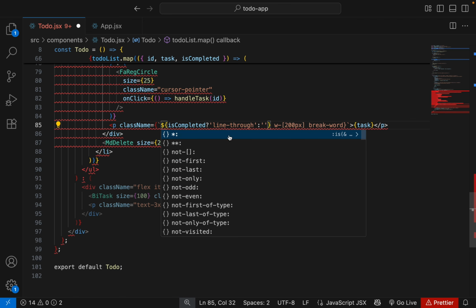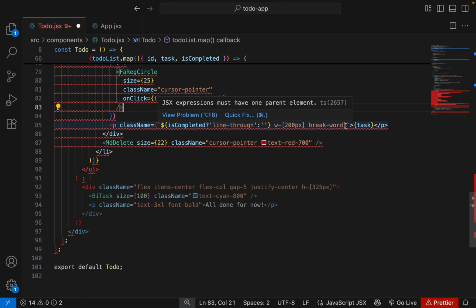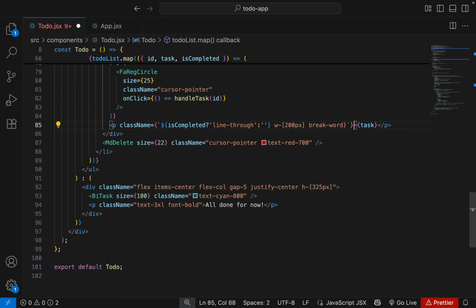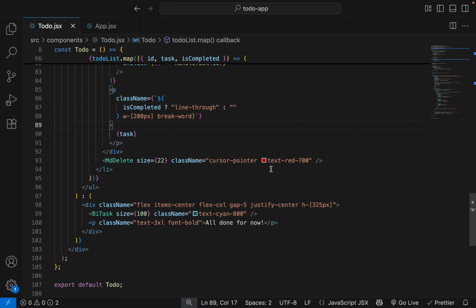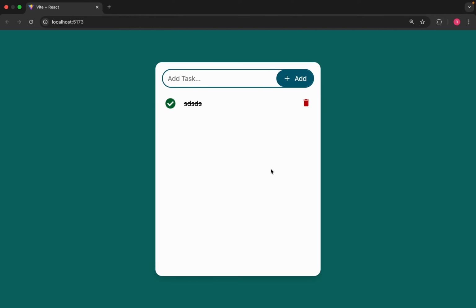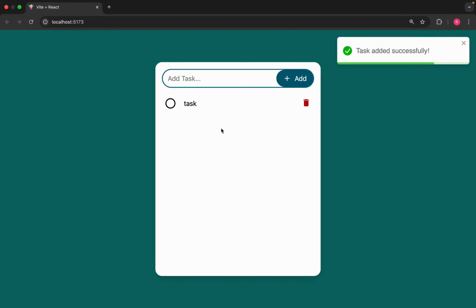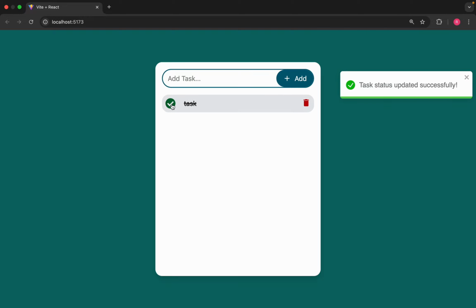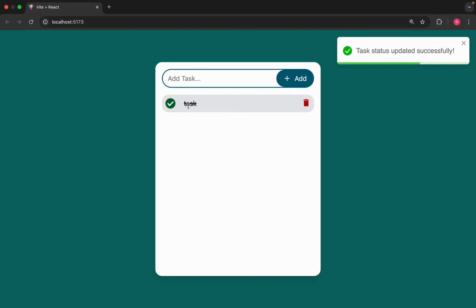Okay, let's backtick inside brackets. So let's add a task. Let's change its status by clicking on circle. So this task is completed.